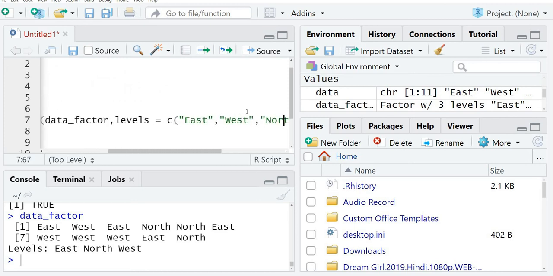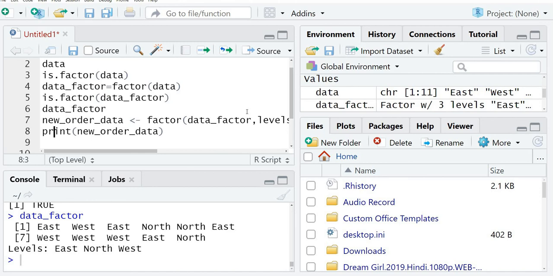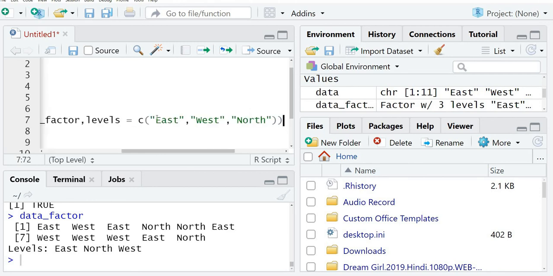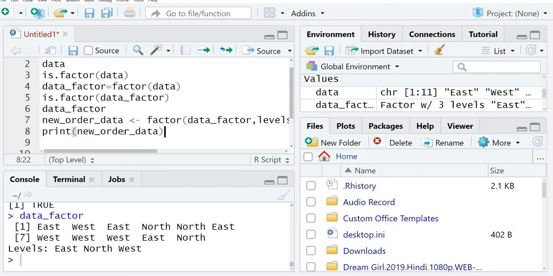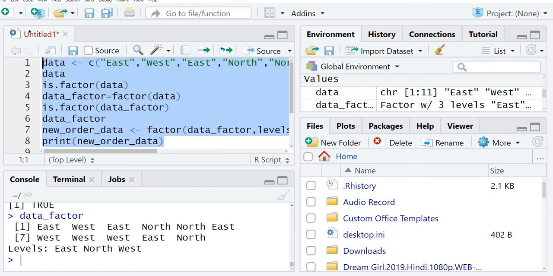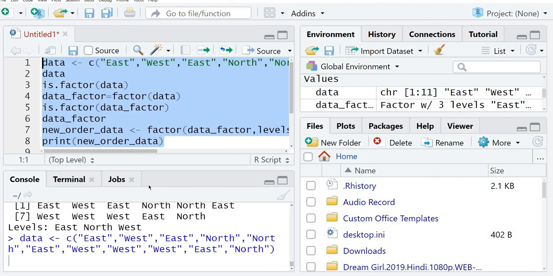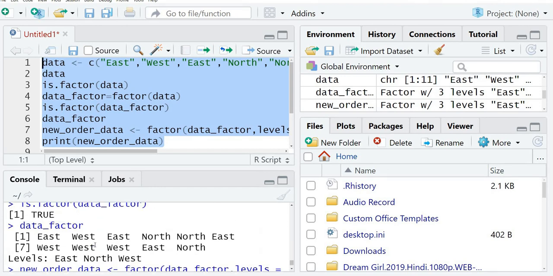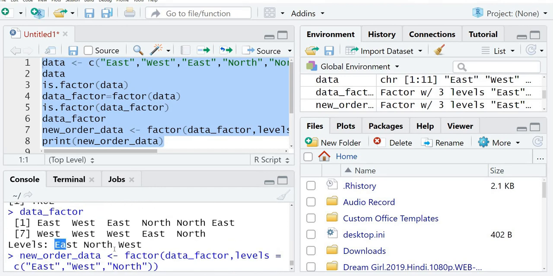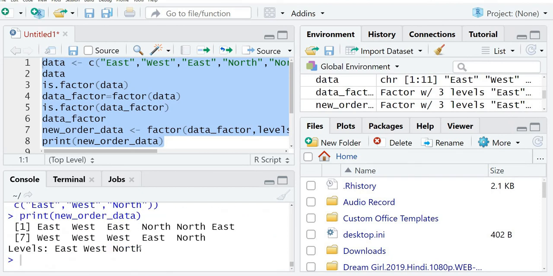In the way we want our levels: first east, then west, and then north. This is the way through which we can change our level. Simply we have to pass the parameter levels here. Now if we print this line of code, you can see that our level has changed. Earlier our level was according to the alphabet, that is east, north and west, but using the levels parameter we have successfully changed it to our desired order,